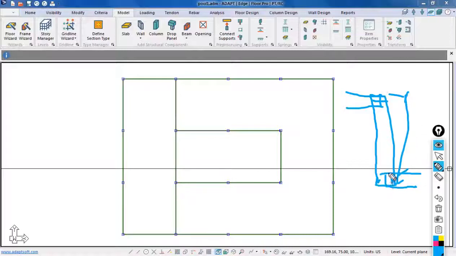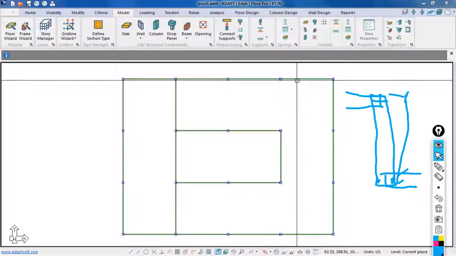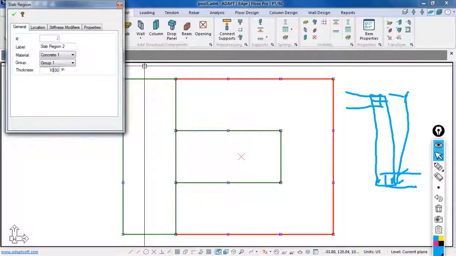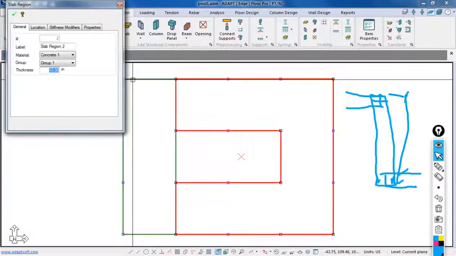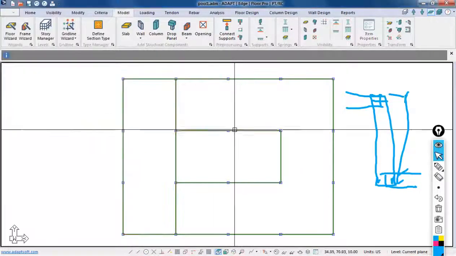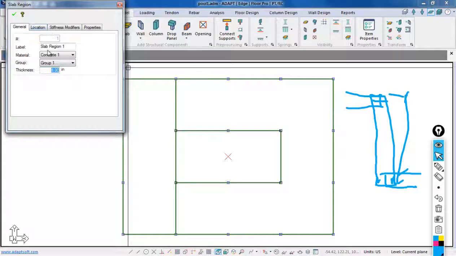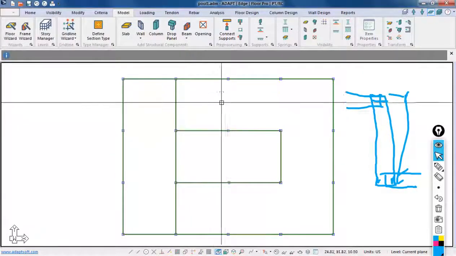So for the beam depth, we need to add in the thickness of the slab on the base of the pool. We're going to call this slab 10 inches. I'll make this slab 10 inches. And then the pool slab will also be 10, and the beam will be 58 inches,